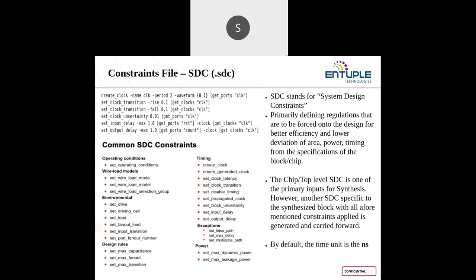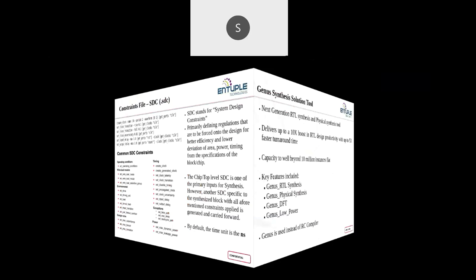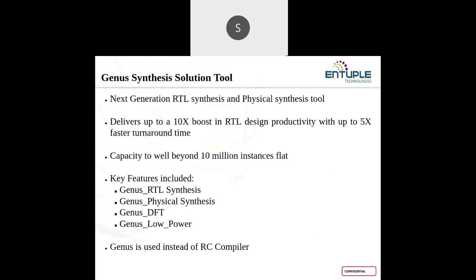When I am talking about constraints, usually the tool will take the timing units by default to be in nanoseconds in the constraints file. The tool will be reading the constraints, and the time unit will be in nanoseconds. So this is all about the inputs